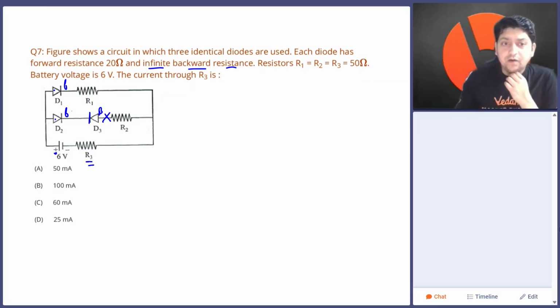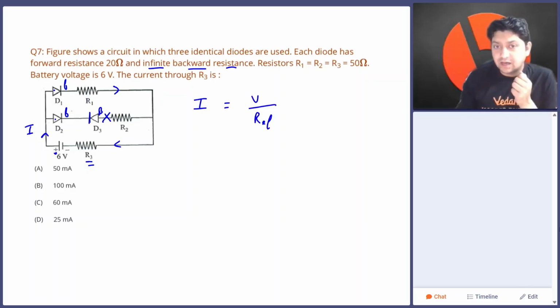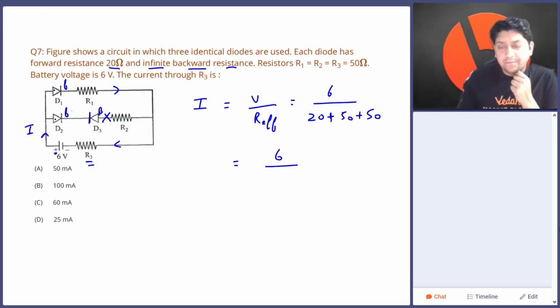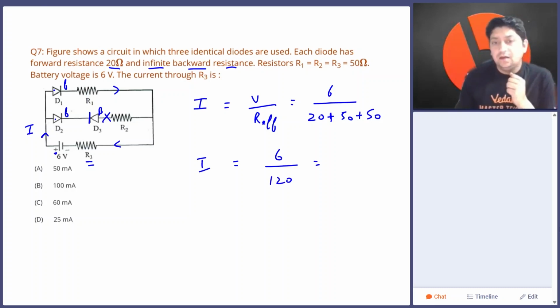The current through R3 we need to figure out. That will be the current which goes from here to here to here. So this current will be equal to voltage or EMF over the complete effective resistance. Now what will be the effective resistance of this circuit? The voltage given is 6 volt, and the diode has forward resistance of 20 ohm, so 6 by 20 plus R1 is 50, R3 is also 50, so 6 by 120,